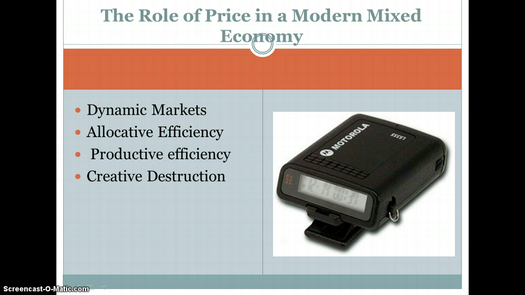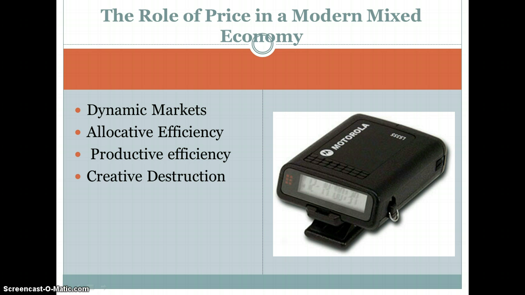Because we have cell phones. Just call someone on their cell phone. You get a hold of them wherever they are. There's no point to have a pager or a beeper anymore. You can text now. You can do all these different things. So pagers and beepers are a victim of creative destruction. They are gone because they've been replaced with something better, which is the cell phones.